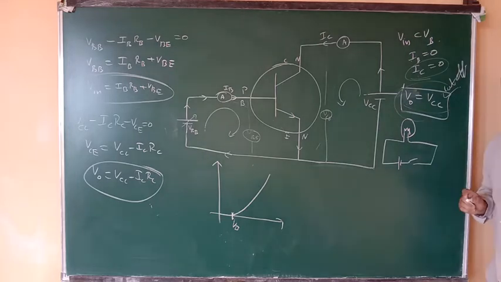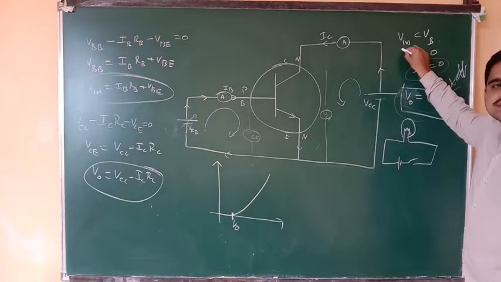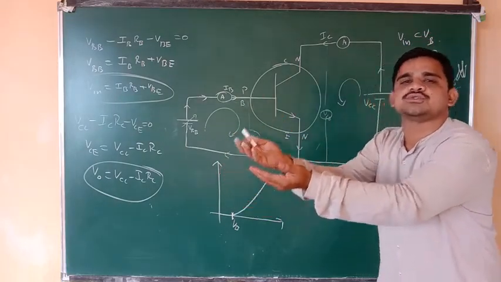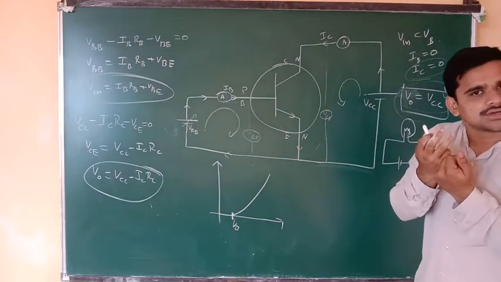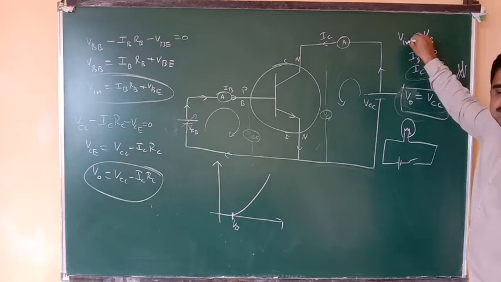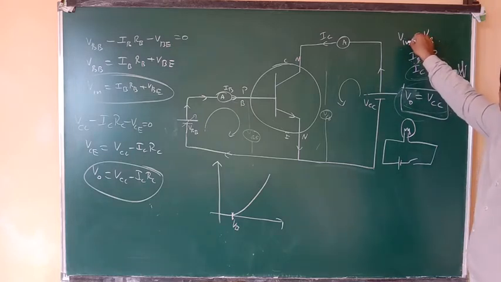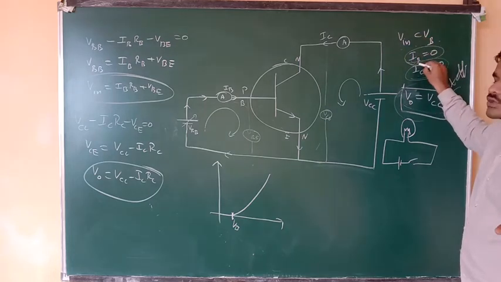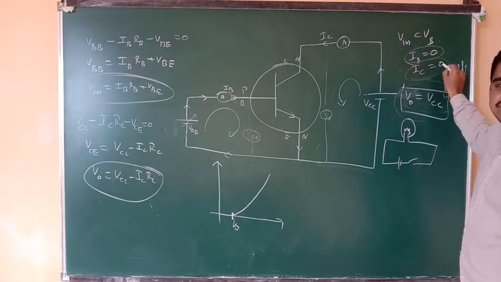Very important. Listen one more time. When the input voltage is less than the barrier potential, the charge carriers do not have sufficient energy to cross it, and the input current is 0. So charge carriers cannot move. The applied voltage must be more than the barrier potential, then only the current flows. But the input voltage I am giving is less than the barrier, so the input current is 0. When the input current is 0, the output current is 0.